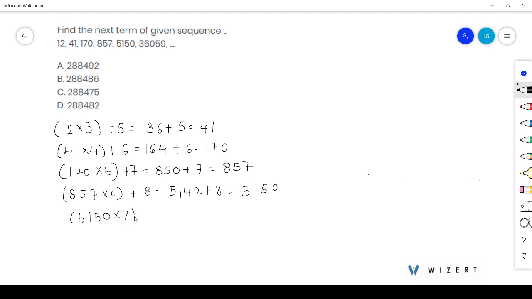5150 into 7 plus 9, it is 36,050 plus 9, so it is 36,059. So to get the next term, we need to multiply by, here we can observe that 3, 4, 5, 6, 7, so here it will be 8, and the added numbers are 5, 6, 7, 8, 9, so we need to add 10 here. Okay,